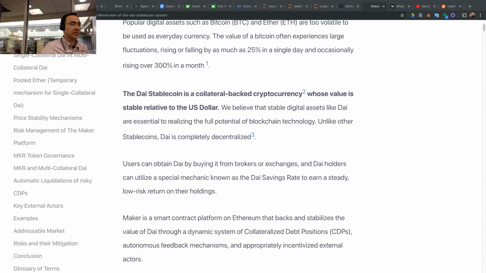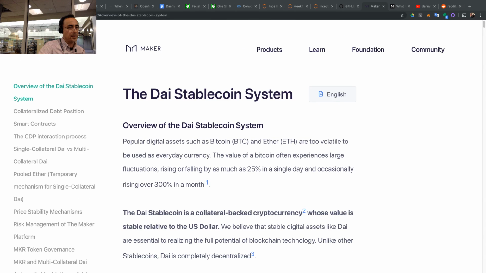Okay, welcome back. So today I'm trying to understand what Maker is. This is related to cryptocurrency, and the way I understand it, Maker behaves like a central bank, or more like a bank, that can issue loans, right? So for example,